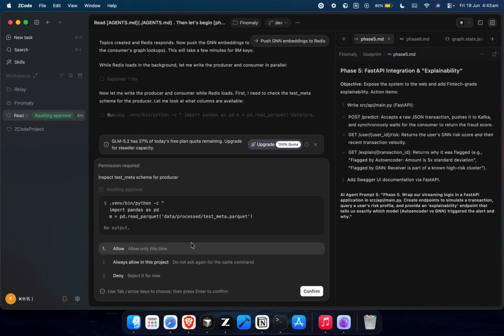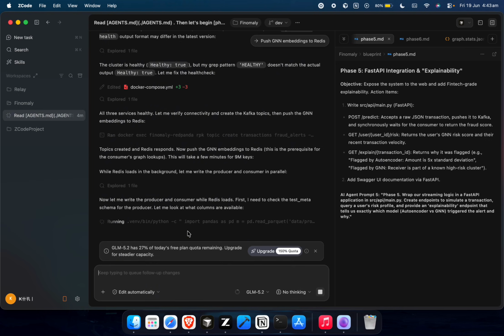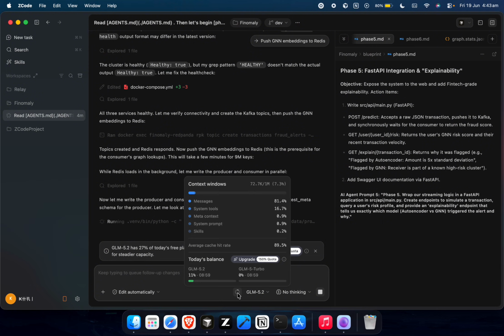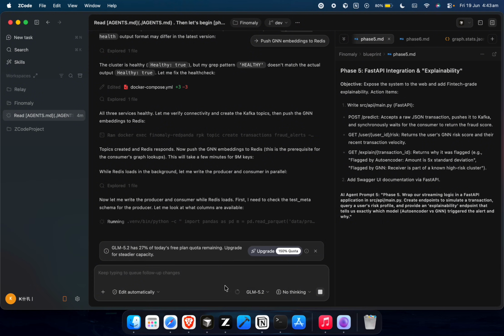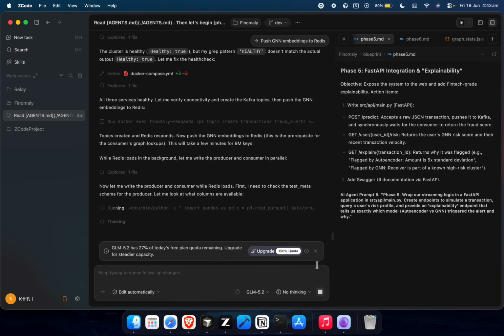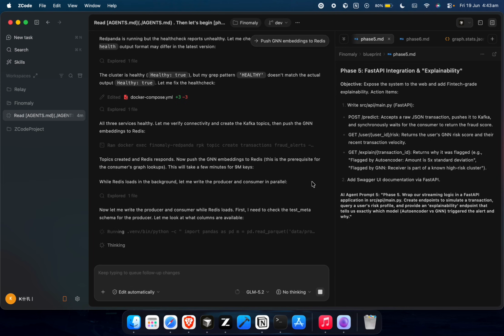Okay. It wants to test this, check the test meta schema. All right. GLM 5.2 has 27% of today's free plan quota remaining. Upgrade for steadier capacity, and I'm almost out of tokens. Wow. Yeah, but that's basically how it works. So yeah,